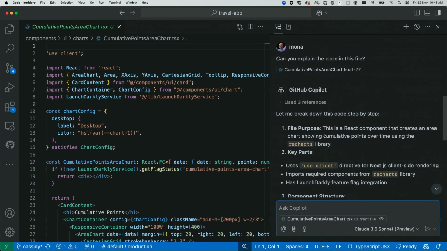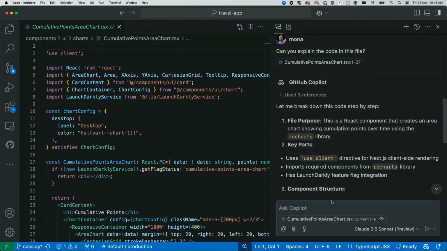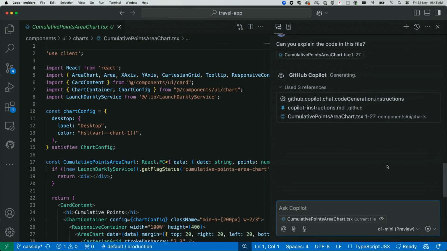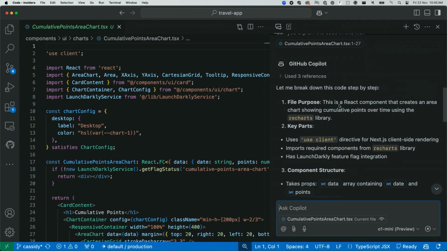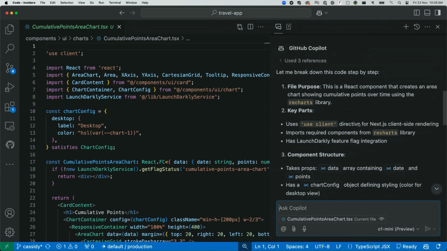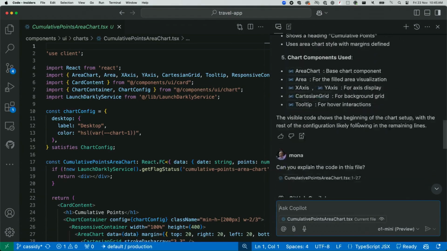So just to show you as well, this was Claude. If we ask the same question of GPT-4o, for example, actually that's a different one as well, like O1 Mini. It's the same question, but you'll see a slightly different response. Claude said, this kind of thinking through, let's break it down. Here's the file purpose, here are the key parts, here's the component structure, and so on.